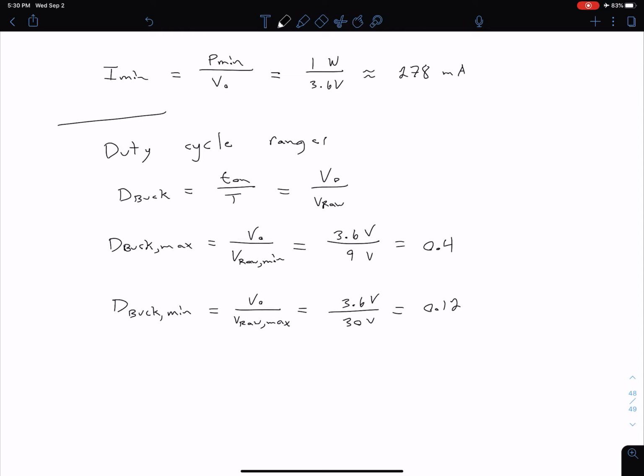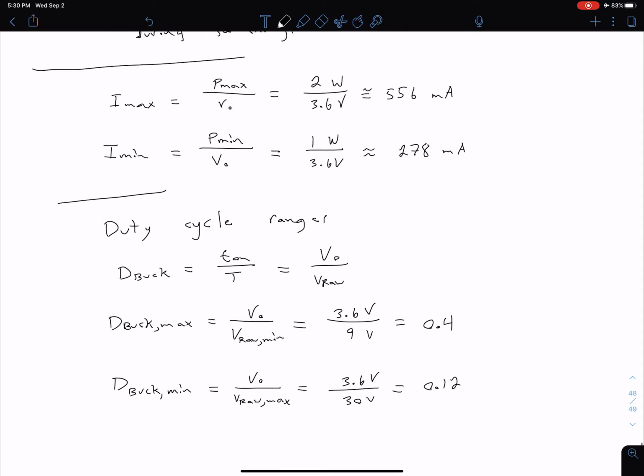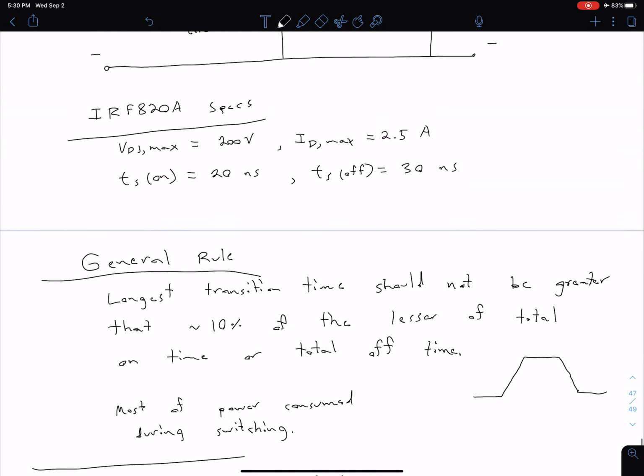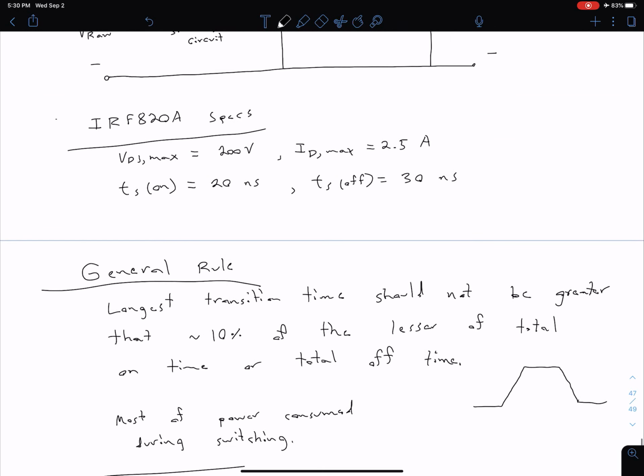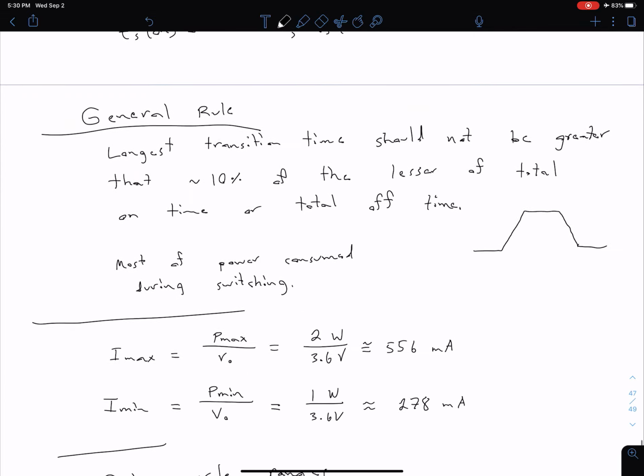Okay, so what we want to do now is we want to combine this information with our specifications for our MOSFET that's going to be acting as our switch. Particularly, we want to focus on our T_S on and our T_S off. All right, so what we want to do,